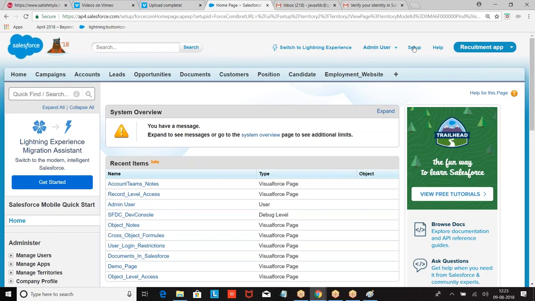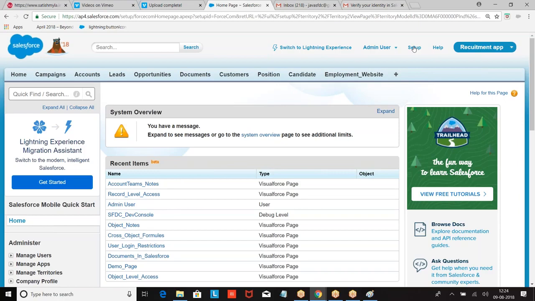Right? In the sharing rules, two are automated. One is manual, the other one is Apex. What is the automated? Owner based, criteria based. Why am I calling this automated? As I keep on adding the records, automatically they will be shared. Manual means a particular record we are sharing. Apex is programmatic. Then apart from that, what are the other things we had? Teams, account teams and opportunity teams. Then followed by territory based sharing. So these are the possible ways of sharing a record in the entire CRM.